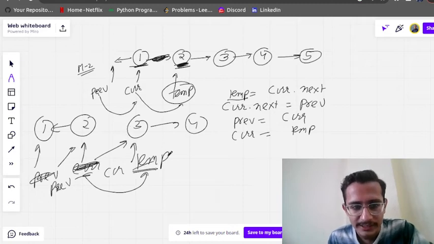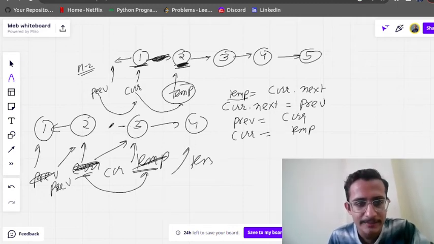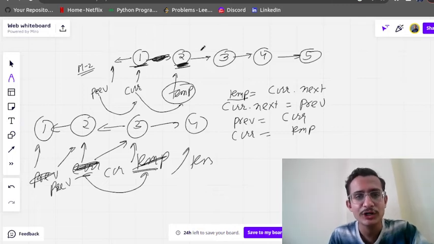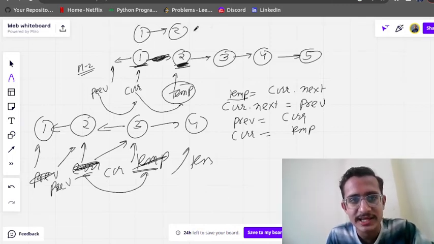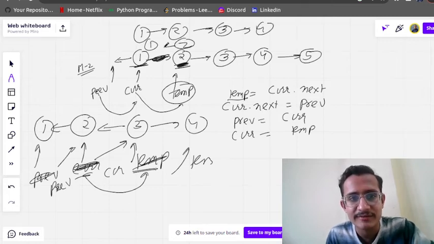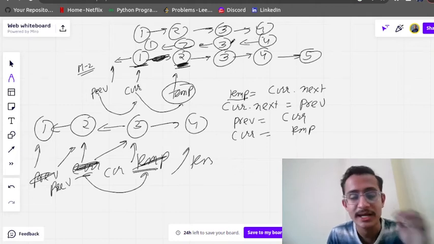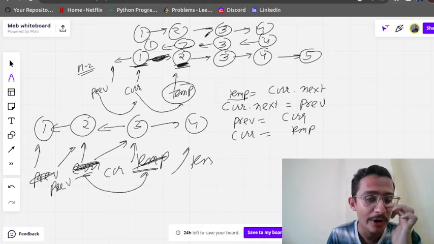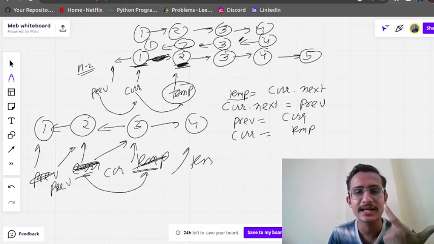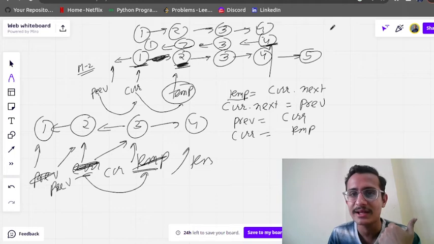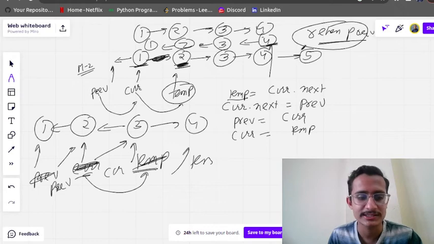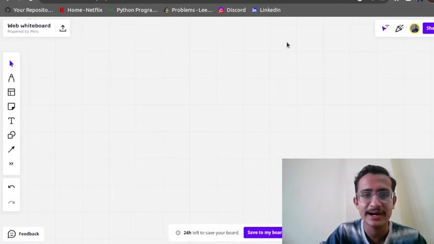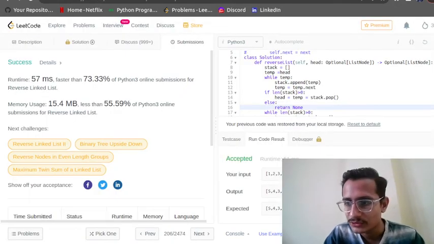Now temporary will be shifted here, and we will again make the reverse connection. So earlier the connection was like this, 1, 2, 3, 4. Now while traversing we are reversing the connections, without using extra space. With the help of pointers, we are reversing the connections, and once we reach the last element, we will return previous. Okay, I hope the approach is a little bit clear to you. When I write the code, I will explain more. Okay, so this is the approach.